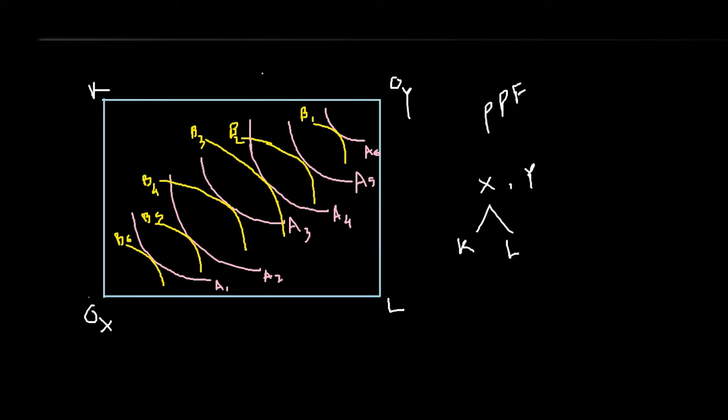Clear? Now from right to left, we are showing the isoquants of product Y. B1 shows a particular level of output of product Y. Similarly B2 shows another level of output of Y, and B2 is greater than B1. Similarly B3 is greater than B2, and B6 shows an output level which is very high compared to all the lower ones, B1, B2, B3, etc.